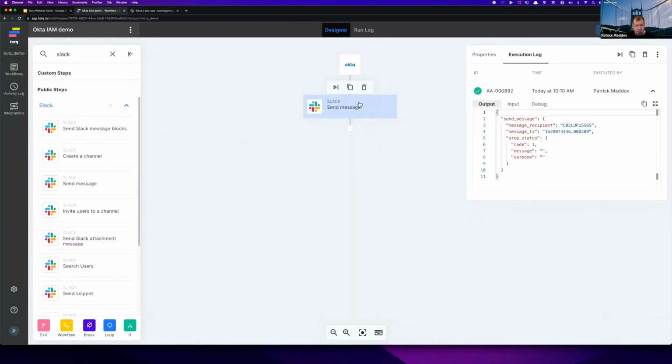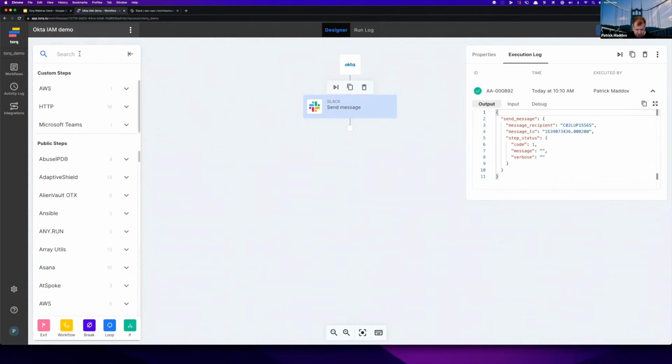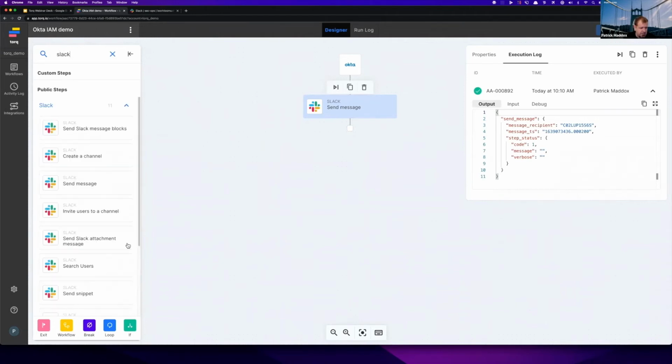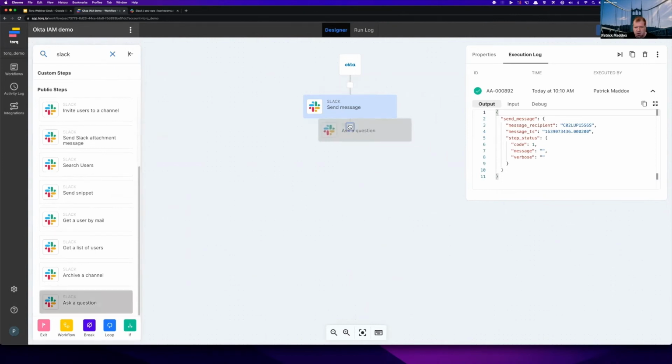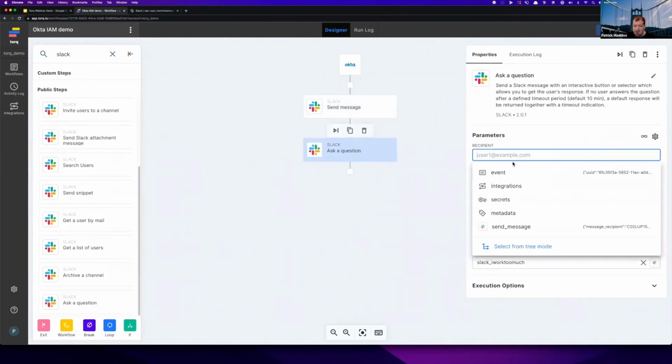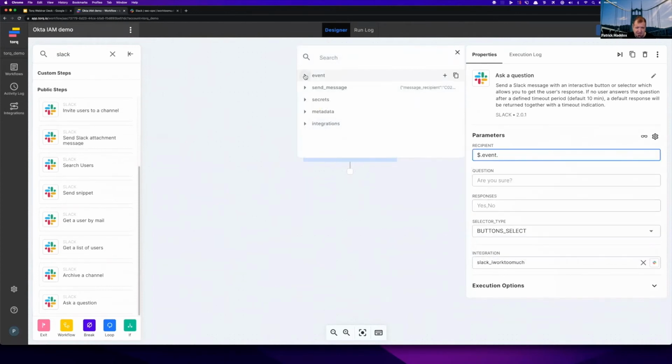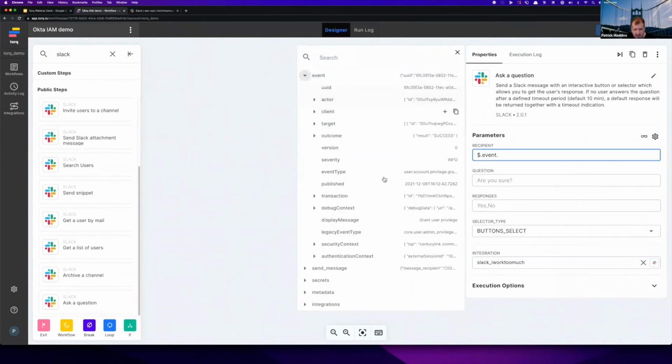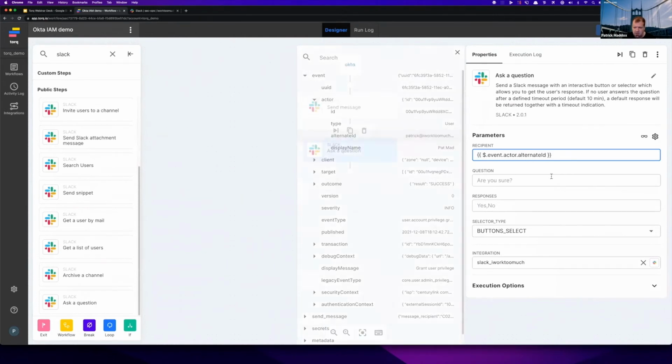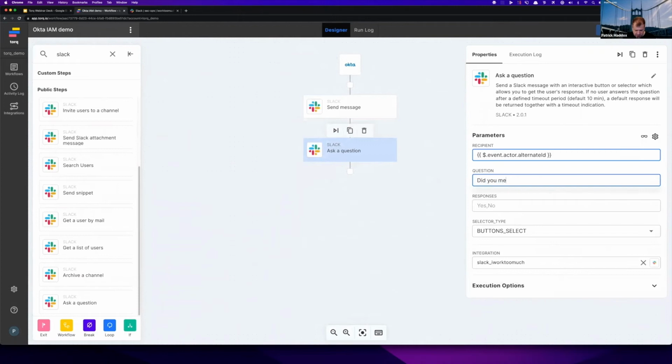So maybe we didn't want to build just a message. Maybe we want to ask whoever did the promotion whether they intended to. So let's go ahead and pull out another Slack message, and let's say, ask a question. We'll ask the promoter, the sort of admin who promoted someone else to admin, the actor, in this case myself, did you mean to